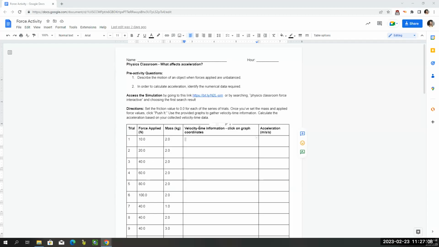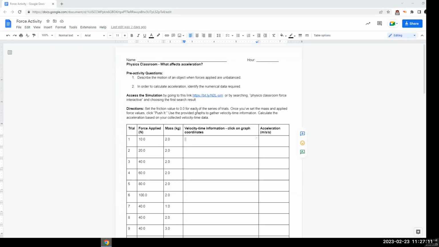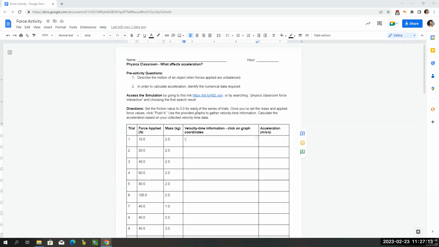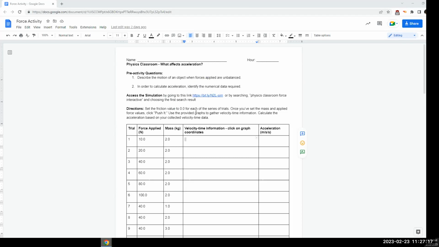All right, I'd like to go over really quick some of these questions that are on the top of our paper. And we're asking about forces and motion. Let's go to a different slide to see this better. Okay, the first question we want to go over is we want to describe motion